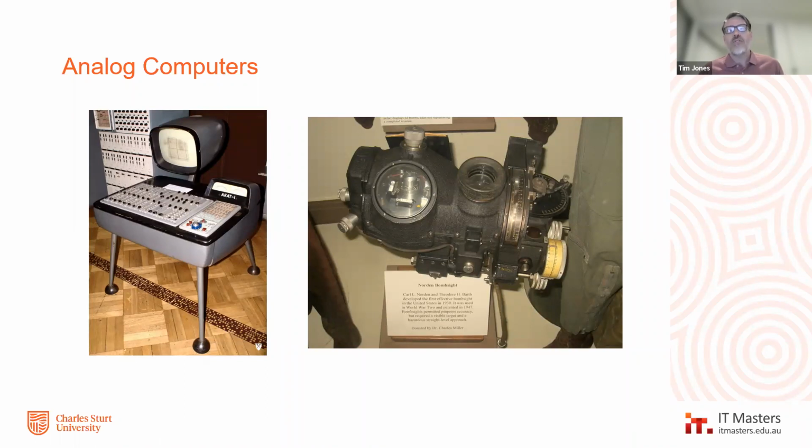So this was something that was used in World War II to help them drop bombs across Europe. And this was used to let them know when they were over the target, and you inputted wind speed and other information into there and help them with the designation of targets across the area.